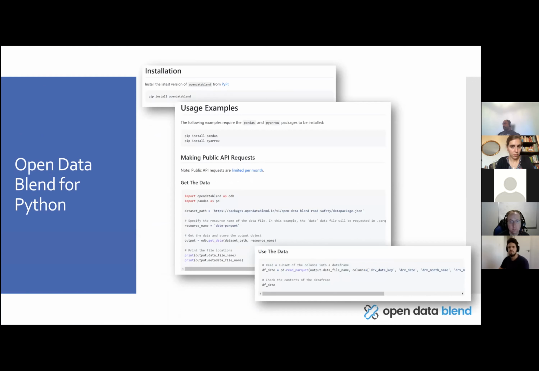This is an example of the Open Data Blend for Python tool being used. And you can see that with just a few lines of code, you can install it using pip install. If you're familiar with Python, you'll know what that is. And combining it with other available packages such as pandas, which is common for data analysis in Python, and pyarrow,